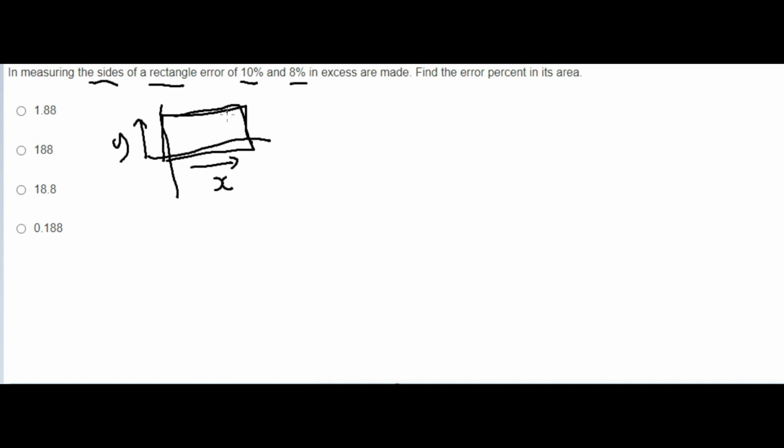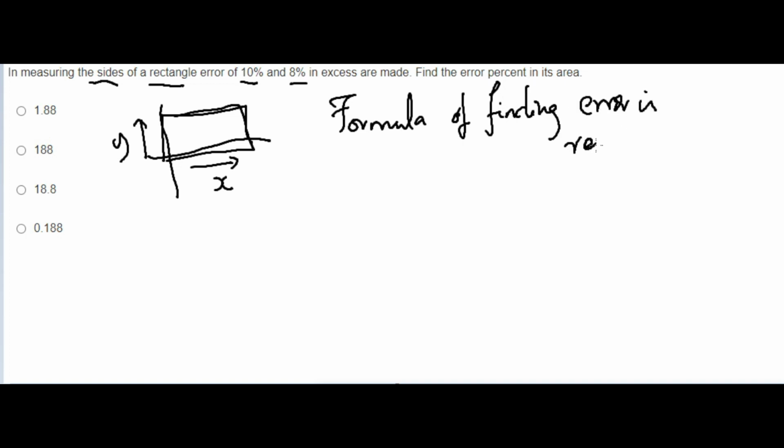So what they say is either x or y has 10% as well as 8% error. There are some errors in x and some in y. Okay, so I'm telling you about the formula for finding an error. The formula for finding error in a rectangle, which is given by, so you can find the error percentage. Error percentage is given by